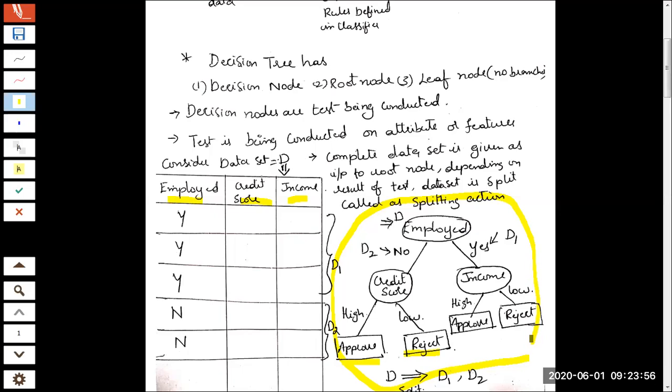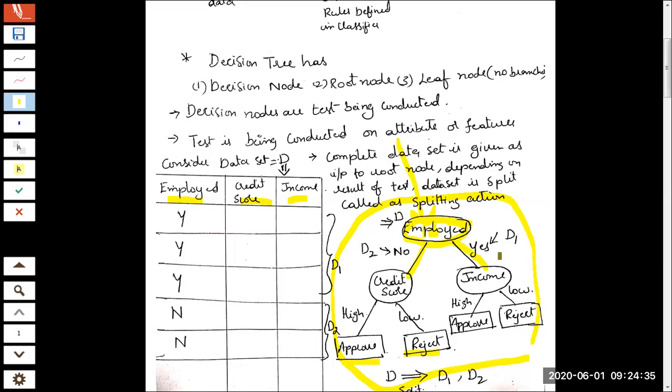So what you should have done in that problem is take an attribute which will help me clearly identify whether he is an MIT student or a non-MIT student. Now what may be that attribute? Many attributes may be there. One possible attribute may be the ID card. So your root node should have started with ID card. If he is wearing an ID, we will take him to the MIT class. If he is not wearing an ID, he is an outsider.